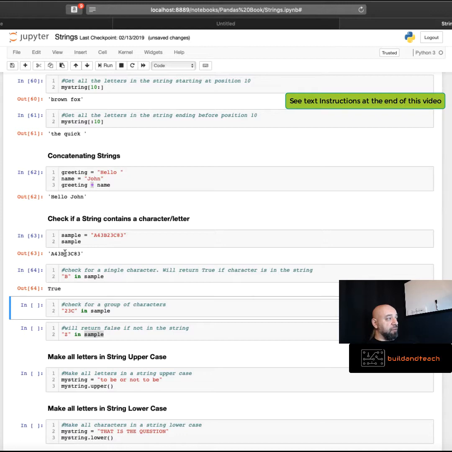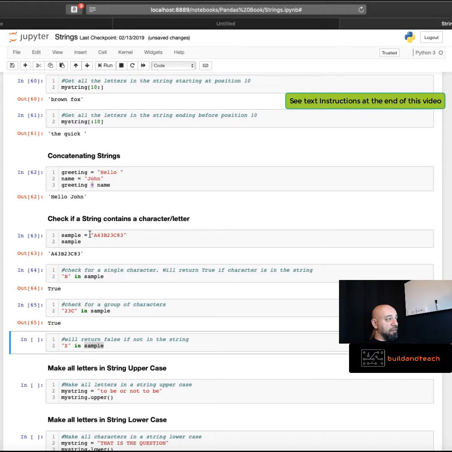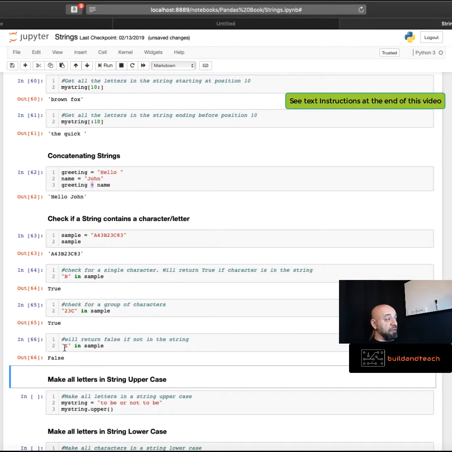So let's say another one, right? I want to see if 23C is in this string, and it is, right? You can see 23C is in the string. And if I put a character that's not in the string, I would say Z in sample, and it would return false if it doesn't exist in the string. So that's another very useful function,